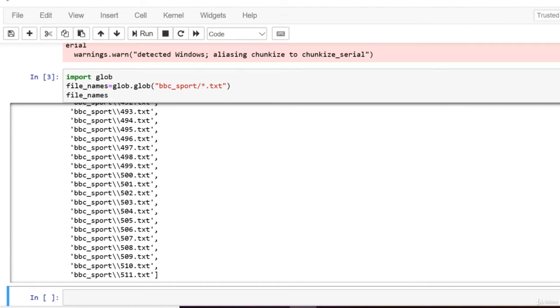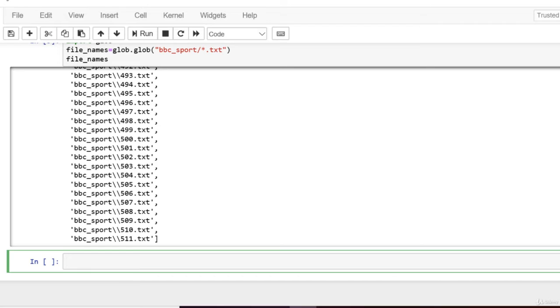So just have a quick look at that. We're going to read a single file to just see how this looks. So with open(' BBC_sport/394.txt', "r", encoding="UTF-8") as f: